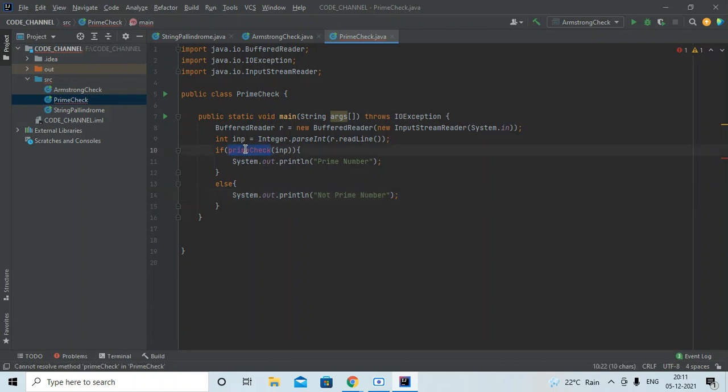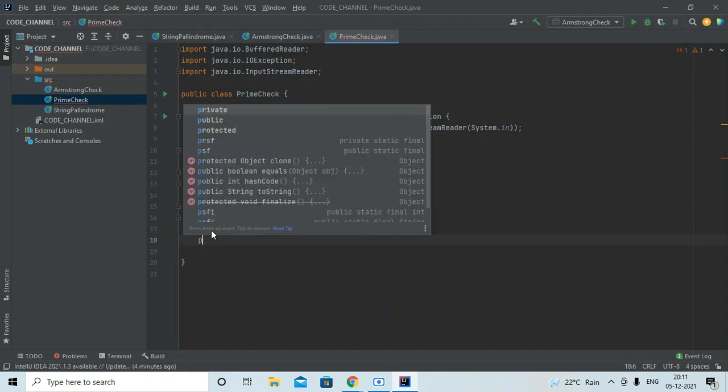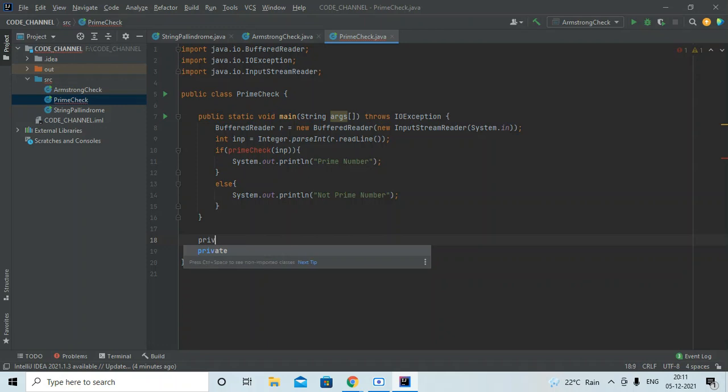Now we will write the actual method. Let me give it private, because we will be running the main method only. So private boolean, it will return a boolean, and we need the static keyword because it is being called by the main method, which is also static. Static members can only call a static member, so that's why we have to give static here. No problem if you write only the prime check method, then no need to give the static.